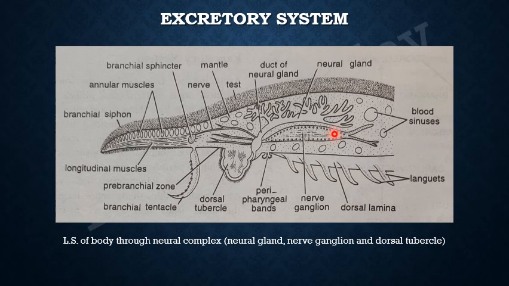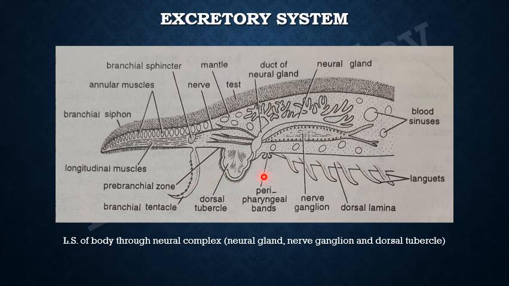Here you can see LS. LS you must be well versed with. It is a longitudinal section of the body, and when we are cutting the longitudinal section, here you can see this is the one lip of branchial siphon. These are the longitudinal muscles which are innervating the branchial siphon, and after the branchial siphon, here it is a branchial tentacle. So the water comes from here and it enters the prebranchial zone where the dorsal tubercle is situated,